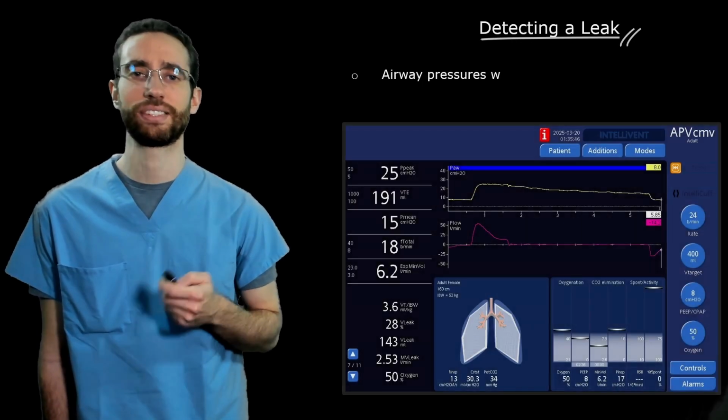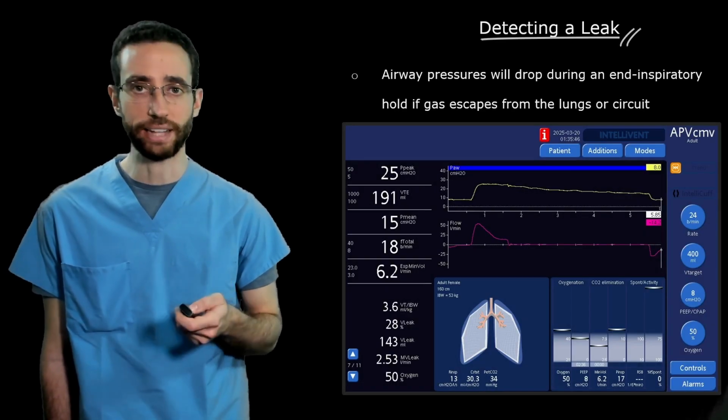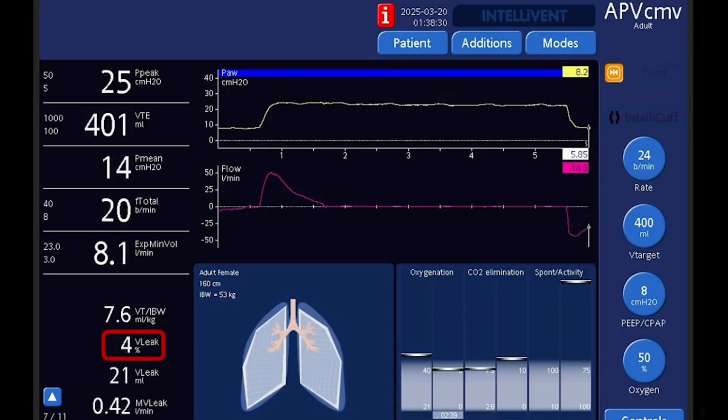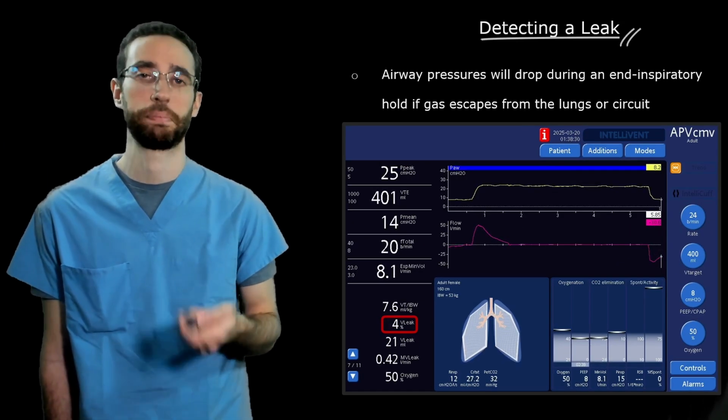However, if there is a leak somewhere in the circuit, airway pressures during an inspiratory hold maneuver will not plateau. Instead, they will progressively drop as gas leaks from the system. Hence, a progressive drop in airway pressures with an inspiratory hold should also alert you for a leak. Note on the bottom left of the screen that the ventilator will estimate a percent leak by comparing inhaled and exhaled volumes. Look how in this case of a cuff leak, by inflating the cuff, airway pressures actually plateau during